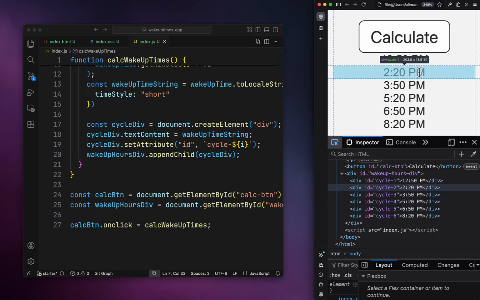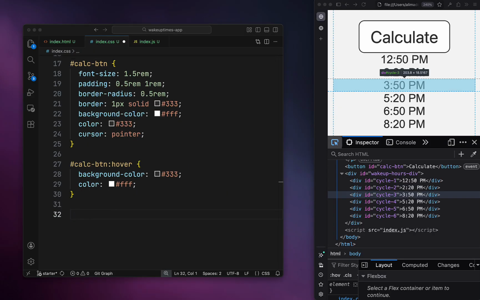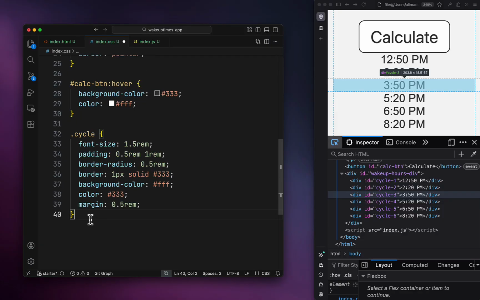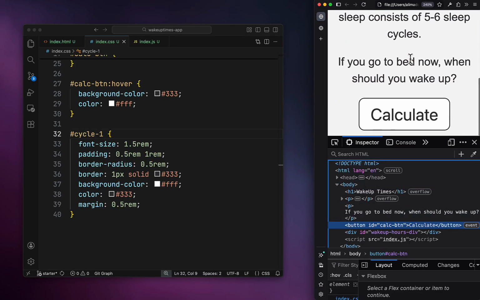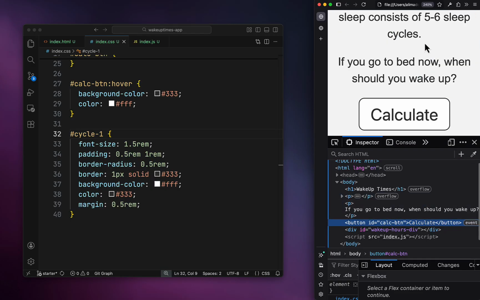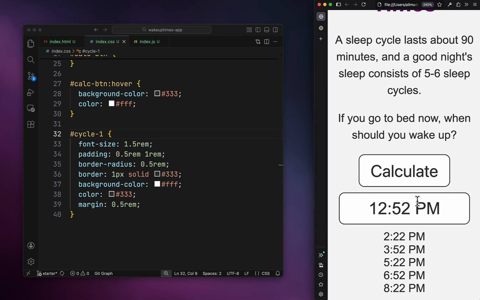So I could get hold of each one of them with their ID and go here, for example, say something like this. So hashtag cycle 1, let's say, and give it some style. Let's refresh this, click this button, and let me see what happened there. Okay, there you go. So notice that I've got this nice styling, and this styling is applied to